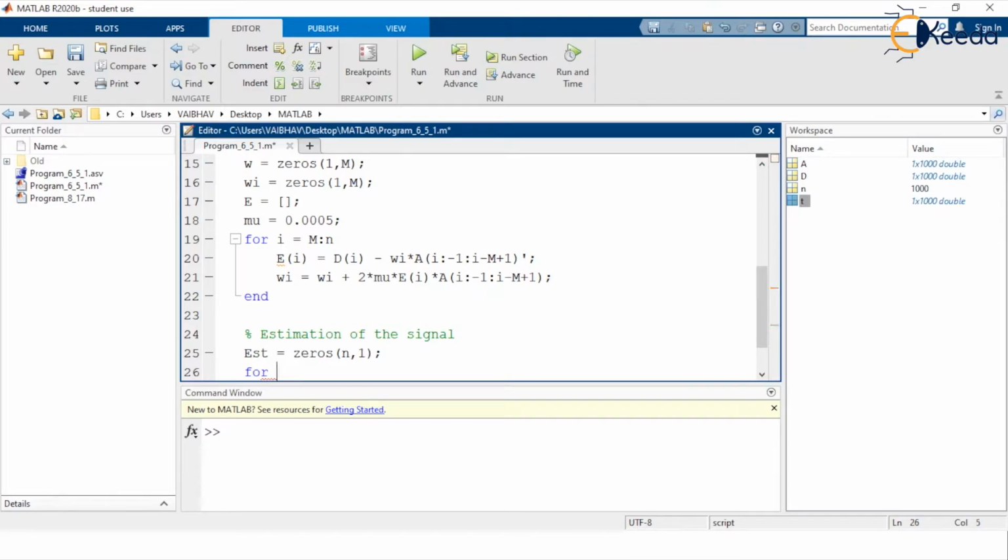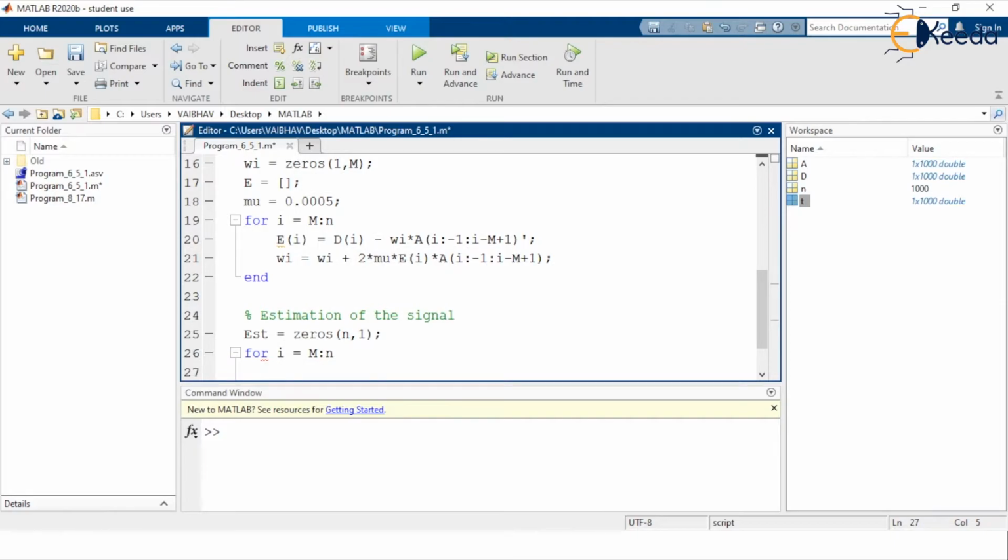So for that purpose, for the range of i started at capital M up to small n, we have a for loop defined where we require small j as a parameter, that is equal to capital A of, here we write i started at i in the decreasing sense, -1 step, up to i minus capital M added by 1, at the end semicolon.